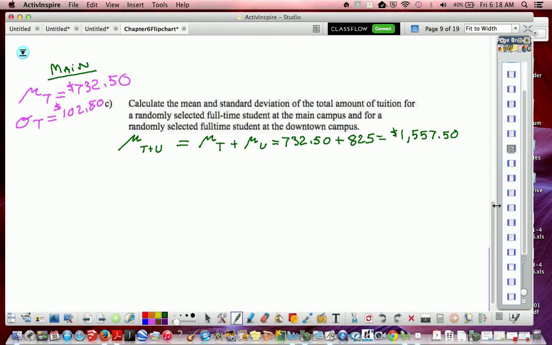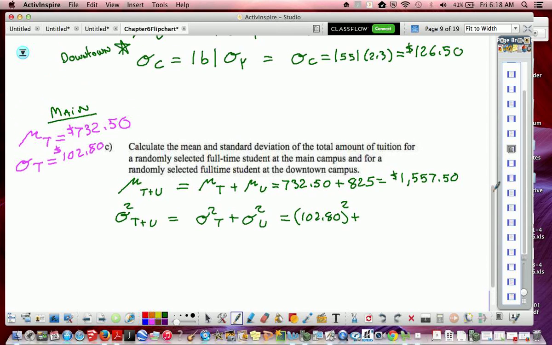$1,557.50. So now I want to take a look at the standard deviation. However, to do the standard deviation, I have to do the variance. So I have to take the variance of T plus the variance of U and calculate that out first. So I'm going to take 102.80, square it, plus, and then I calculate it up here, 126.50 squared. So I want to calculate that out first, and I get